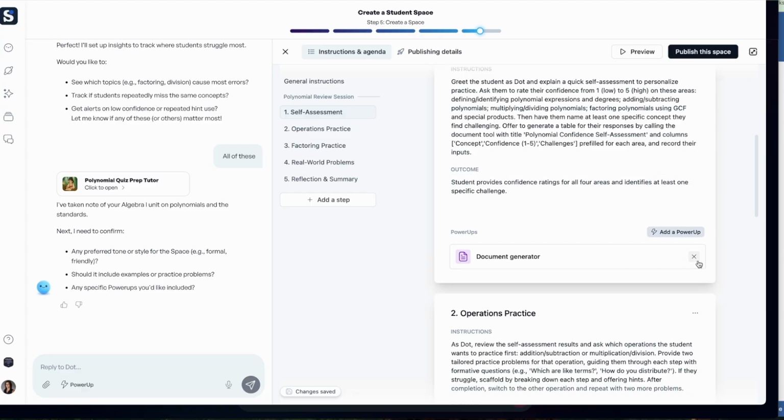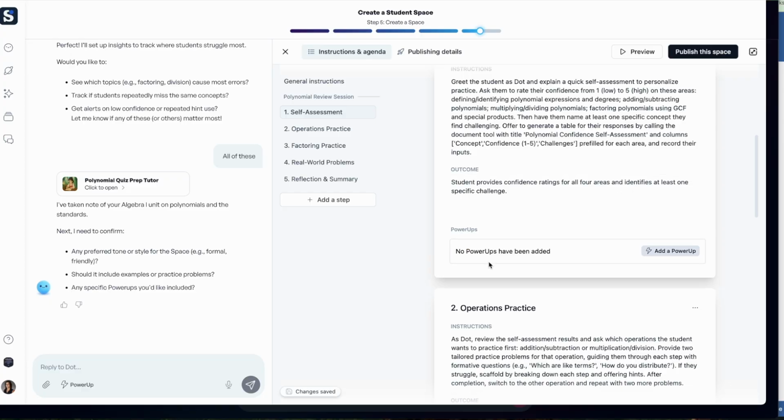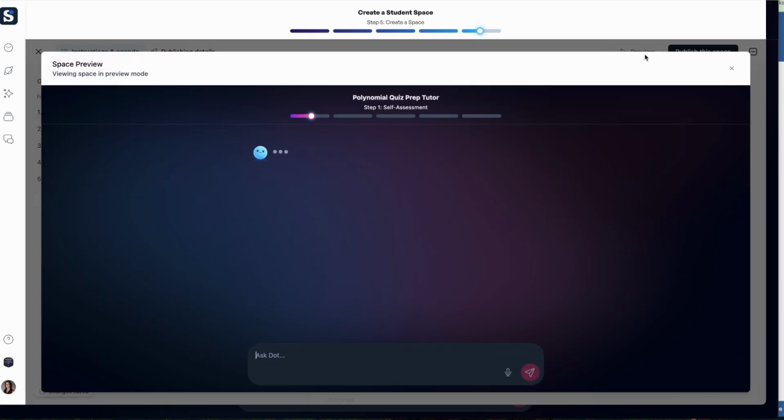If you say, you know what, I don't really need a document generator there, you can take it out. So go through, make adjustments as needed, and then you can preview the space. You can see what it would look like for students. So when you preview, this is actually what the student view is going to look like. So you're going to see at the top each of the steps and where they are currently in the steps